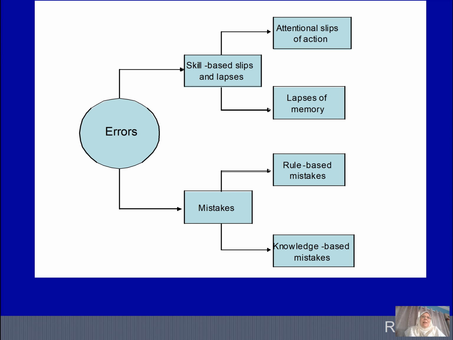Or mistakes. You can have rule-based mistakes, so that you are not aware of the rules, for example, the rules of how a machine works. Or you have knowledge-based mistakes, so that you are not up to date with the knowledge,